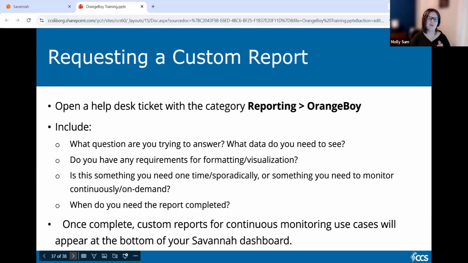Then on the subject of help desk tickets, in addition to opening a help desk ticket if you need some documentation that you can't find, if you need access or someone on your team needs access to Savannah,